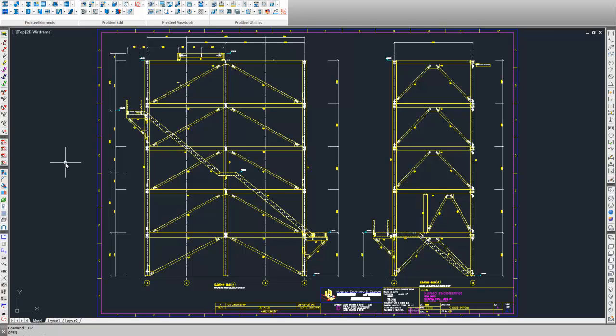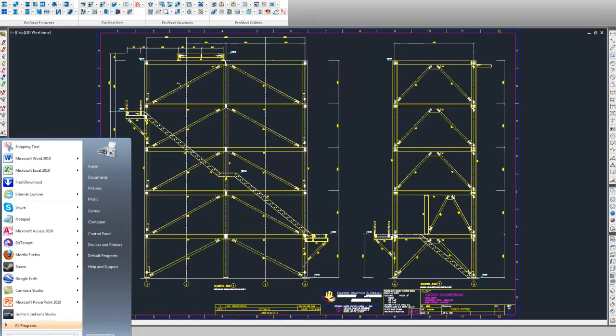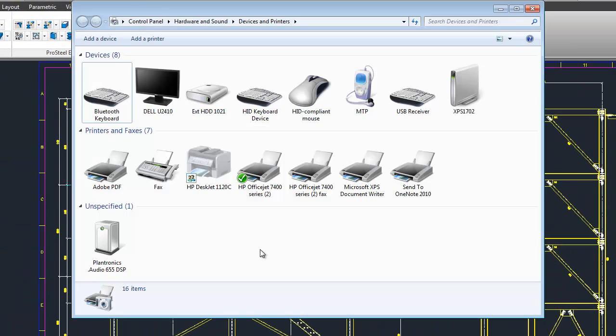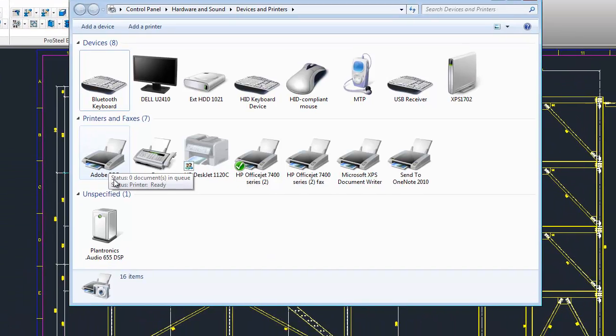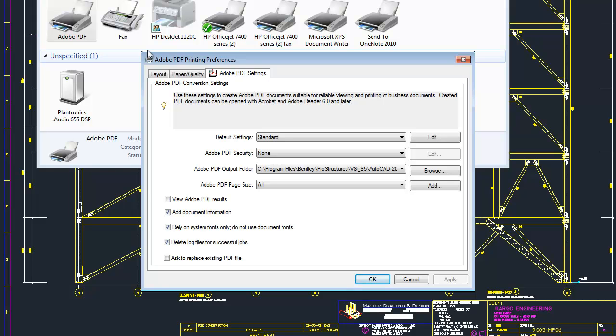Okay, so for Publish, before the first use, we need to fix some of the settings. Under Devices and Printers, we find Adobe PDF. If you right-click on that and bring up Printing Preferences. Now it's important for us here that we set a couple of settings. The first here is the Adobe PDF Output folder. Now I like to set that